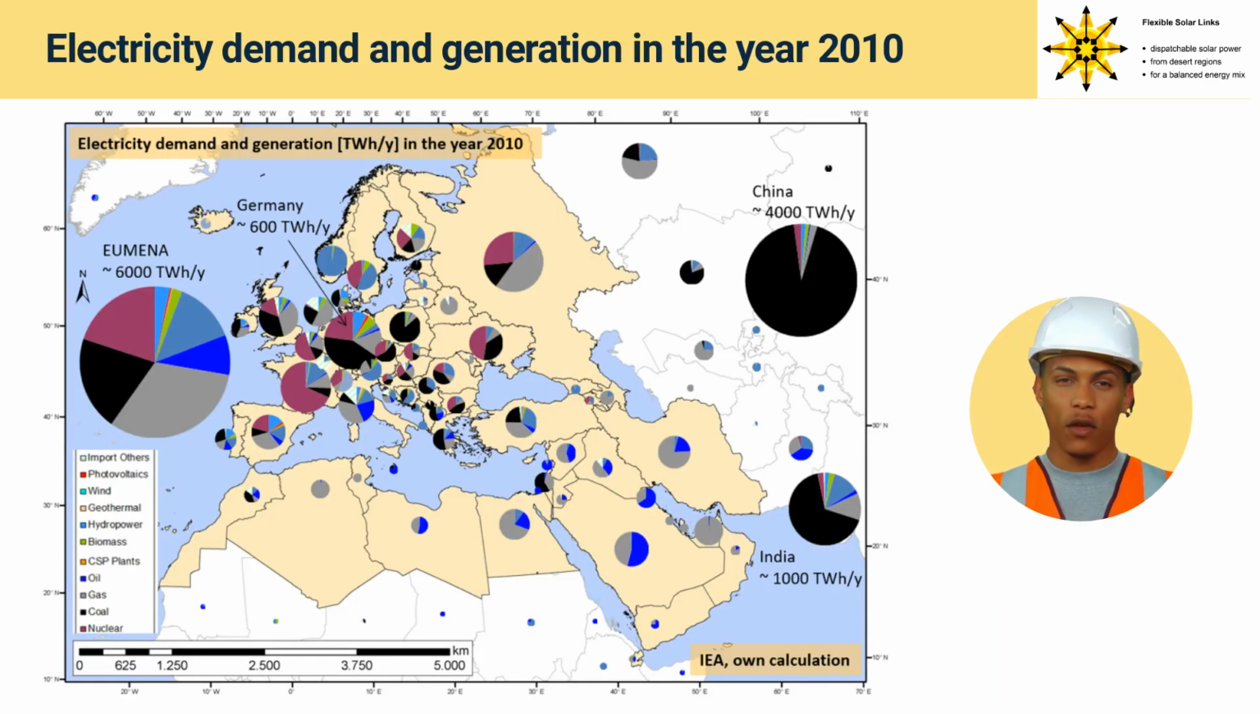Here we show the UMENA region with geographical Europe, Middle East and North Africa, as well as surrounding countries with their electricity generation and demand in the year 2010. The world electricity demand in the year 2010 is around 18,000 terawatt-hours. The UMENA region has hereby 1/3 of the global electricity demand with approximately 6,000 terawatt-hours. Germany has an electricity demand of around 600 terawatt-hours, which results in a share of around 10% of the total